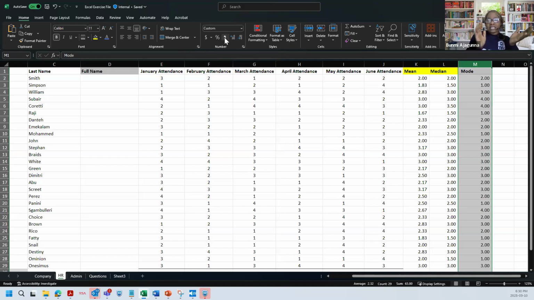However, if you want one decimal, you click this, which is to decrease the decimal, and it decreases it all by one decimal. If you want it to decrease further, you click this again. But remember, we just want this one. So we go with this one. So that's it with the mode.